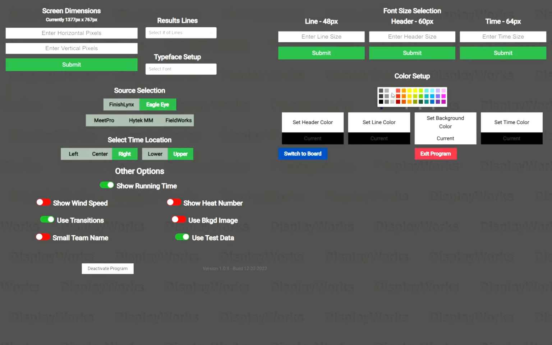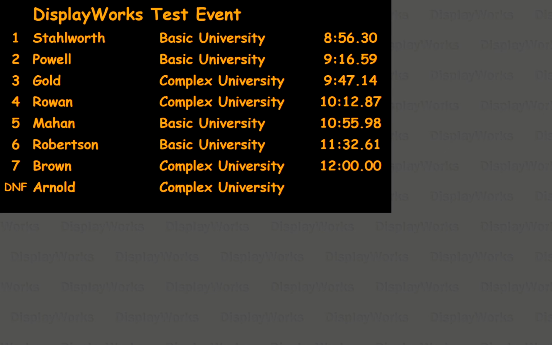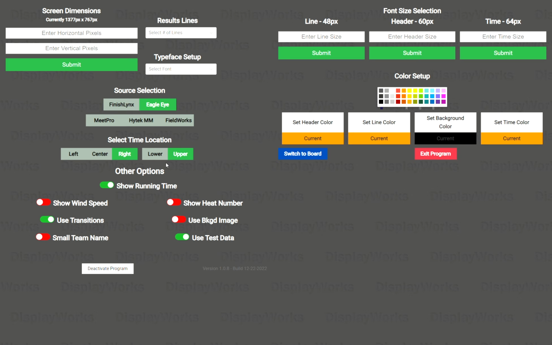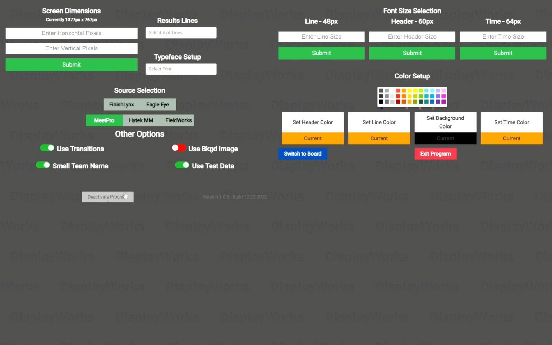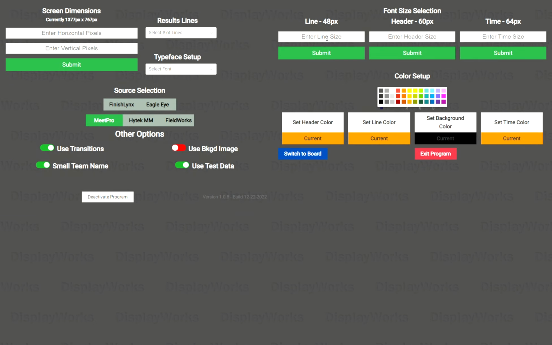And then also over here, we have color selection, so we can change the color of everything. And switch to the board, and a very Halloween-y board. Small team name, if we are using smaller boards, this would use effectively a team abbreviation and does collapse the board down significantly. Obviously, in this case, you'd want to play with line size and make sure everything kind of